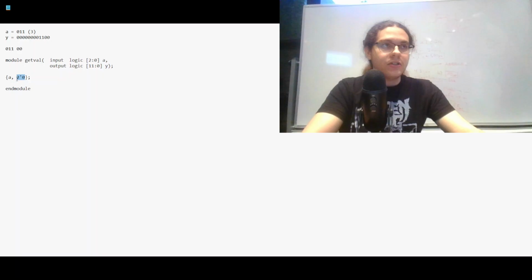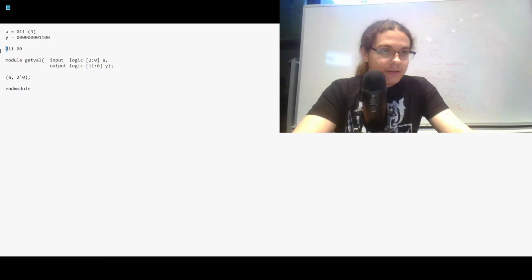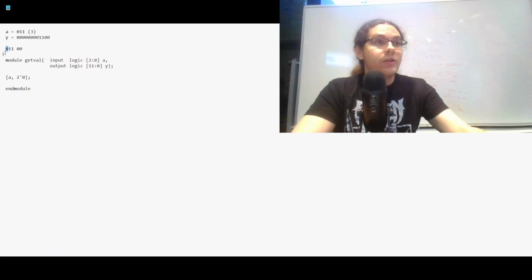Now the next thing that we're asked to do is to sign extend. Sign extend is slightly more complicated than just shifting, because it depends on what this bit is, because that's the most significant bit for A. So we have to extend a 0 to all of the bits. But if it was a 1, we'd have to extend a 1 to all of the bits. Or in general, what we're extending to all of those topmost bits is the topmost bit of A,